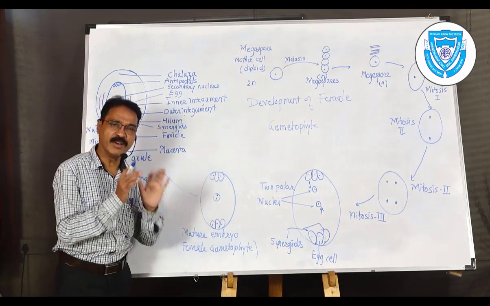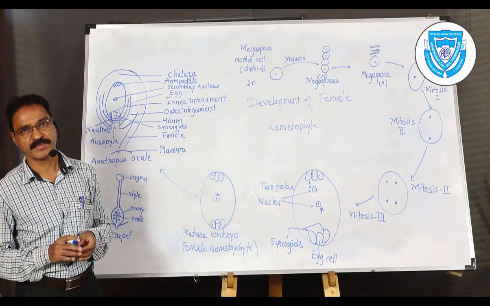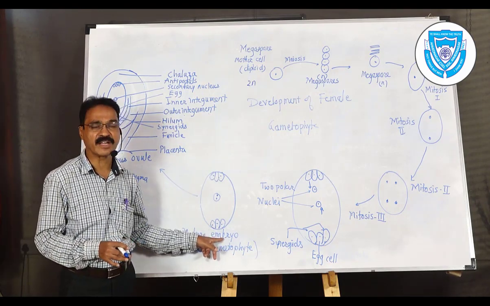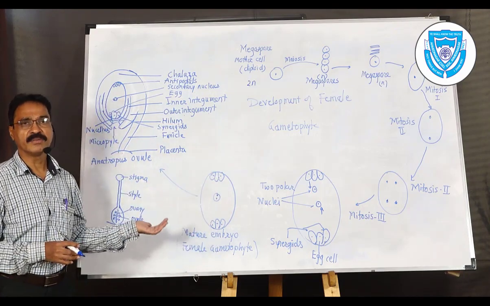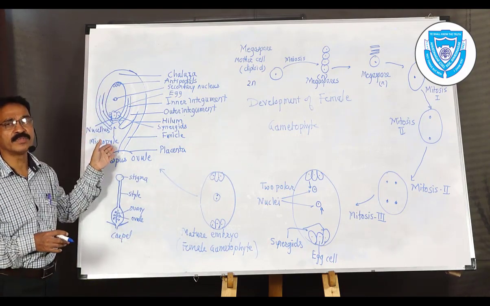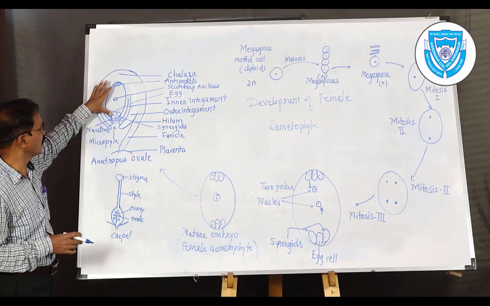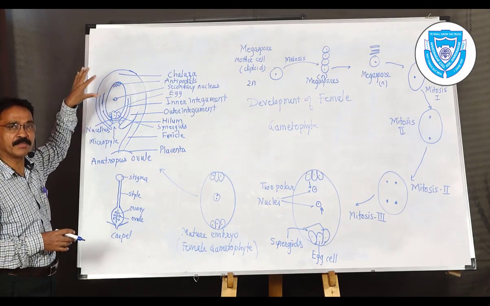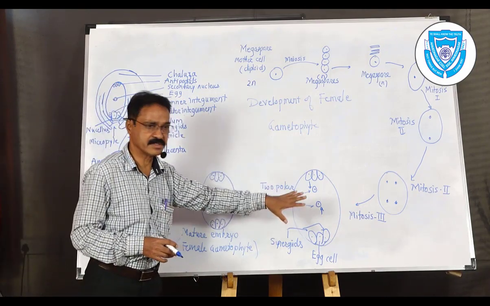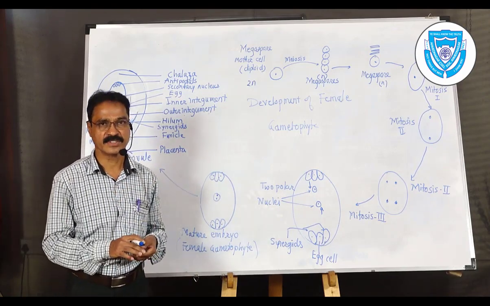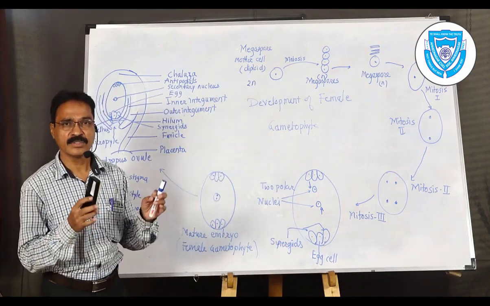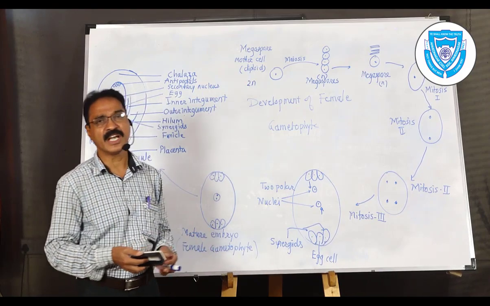So in this way, the development of the female gametophyte is complete. It is the female gametophyte, also known as the embryo sac. So the embryo sac or the female gametophyte develops, and you can see here the mature structure of the ovule. That means the embryo sac or female gametophyte is already present inside the nucellus. Now this female gametophyte is also ready for further fertilization. That means the female gametophyte is ready, the male gametophyte is also ready. Now the next step is fertilization.